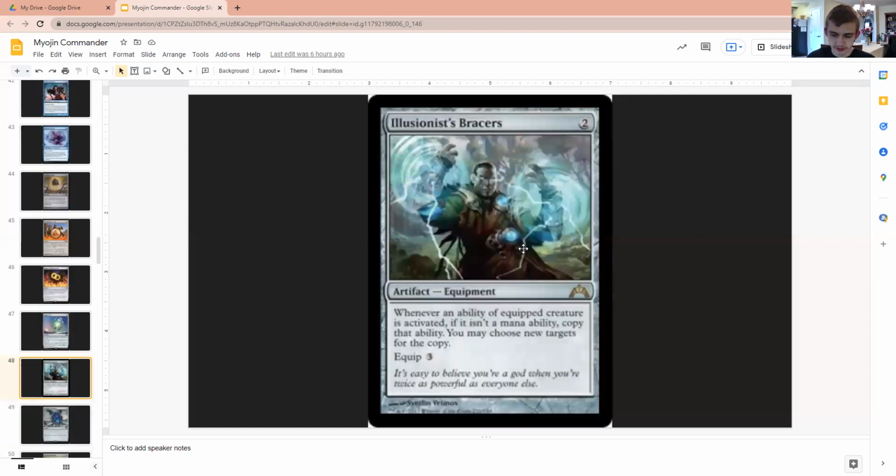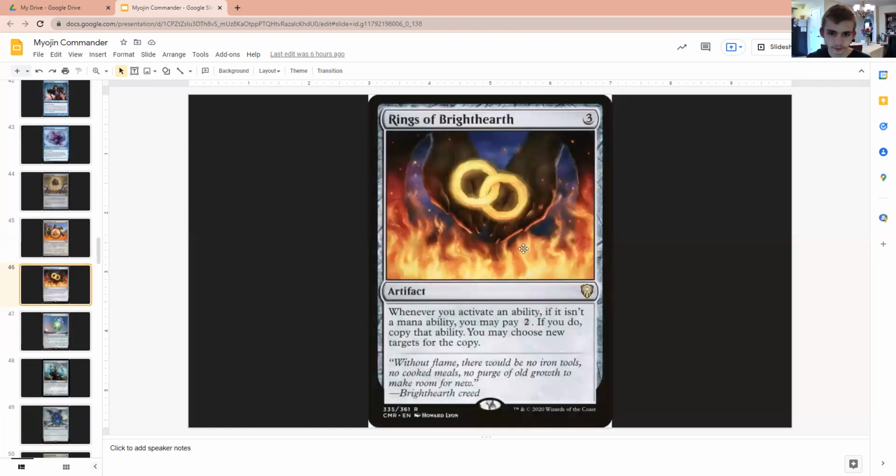And then, so let's consider this. We have managed to make 4 Illusionist's Bracers, 4 Rings of Bright Earth, right? And we have it on our commander. Right, and it has its indestructible counter on it. It probably needs some right now. So this can mean that